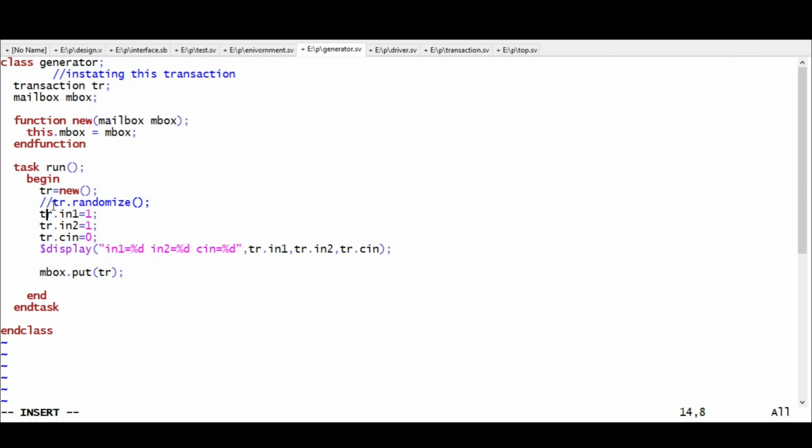You can do randomize here, but for the time being, for a single case scenario, we will hard code the values: input 1 is 1, input 2 is 1, and carry input is 0. We display the values we have assigned, and then put this transaction into the mailbox.